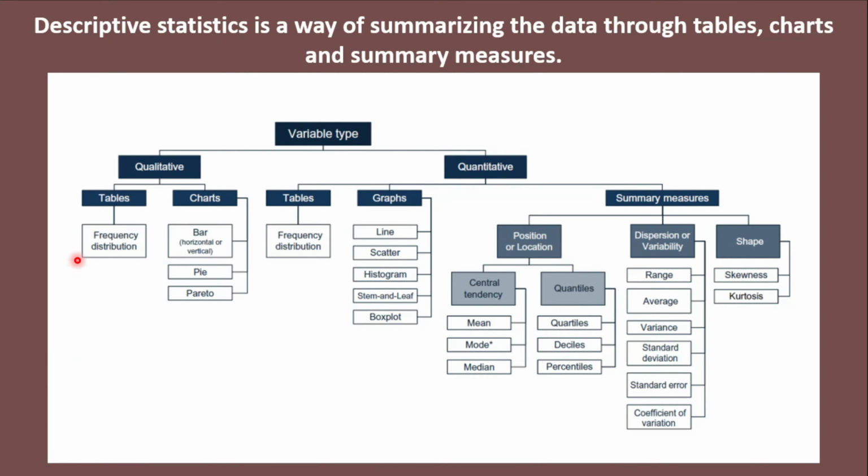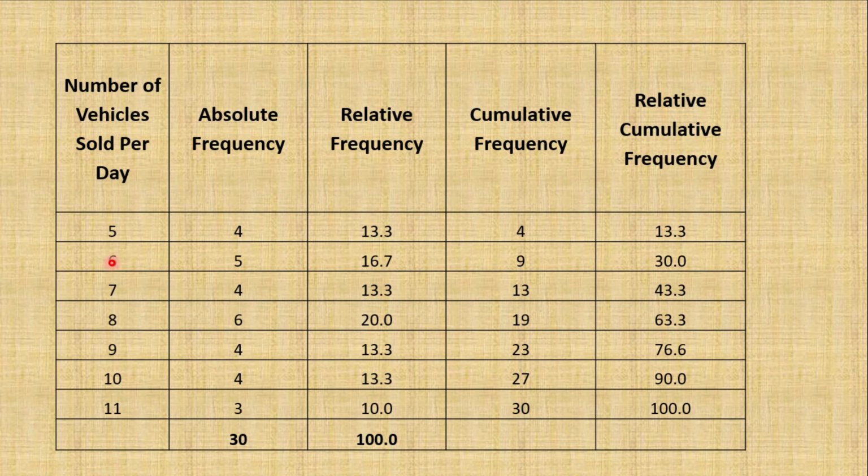Rather than directly working it out, first let me tell you what a frequency distribution table is, and what the various frequencies are that occupy the spaces in the table. Please have a look. This is how the frequency distribution table looks, and there are 4 main frequencies. First is absolute frequency, second is relative frequency, third is cumulative frequency, and fourth is relative cumulative frequency. We will discuss them.